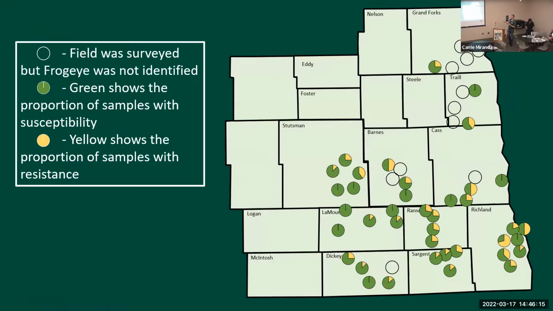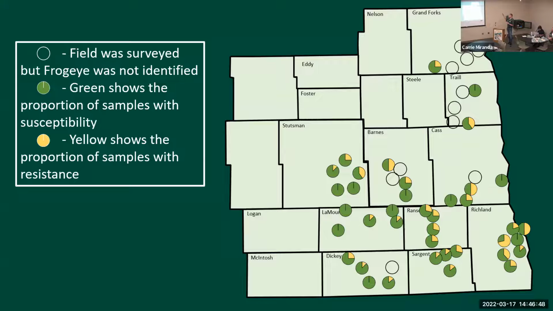And so as part of that survey that we had done earlier, we sent our samples down to University of Kentucky just to confirm frog eye. And he was also able to run PCR to show that the samples that we sent down were showing some resistance to strobilurin